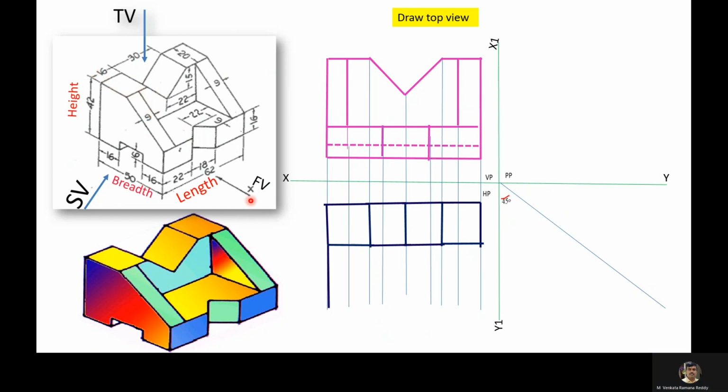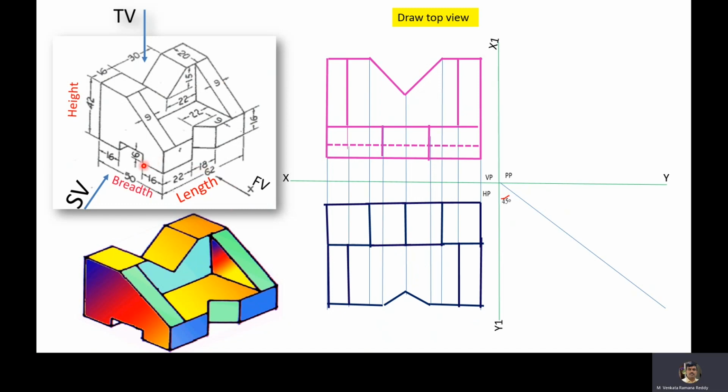Then this line, length is 9 mm, and similarly here also the length is 9 mm, and this line. After that, this line and this V groove, from here to there it is 22 mm, and in the breadth direction of the V groove it is 6 mm, that is from here to there it is 6 mm, and again here, and then join this point to this point.